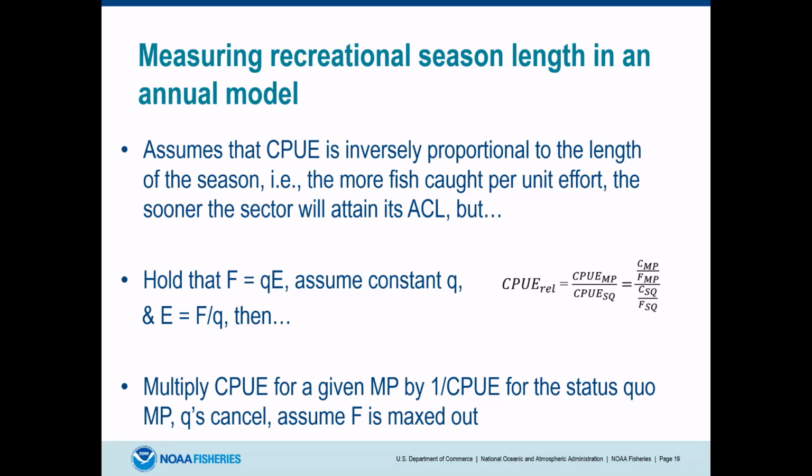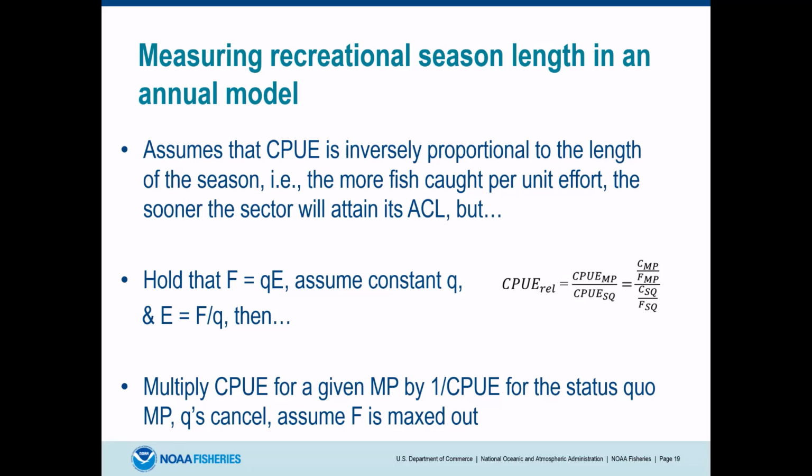So I said I was going to talk about this season length because we are working in an annual model. It's worth talking about some of the assumptions that we made to be able to measure this performance metric. In the South Atlantic, we assume that catch per unit effort is likely to be inversely proportional to the length of season, because the more fish are caught per unit effort, the sooner the sector is going to attain its ACL. But if we hold that F is equal to catchability multiplied by effort, assume that catchability is constant and that effort is equal to F divided by catchability, and assume that the rate at which we're fishing is maxed out,